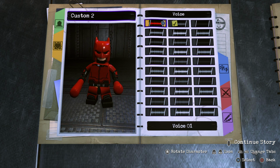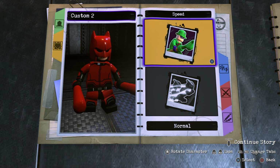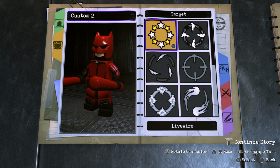I don't know, either that one or this one. That doesn't sound like Daredevil, but whatever. It's cool that there's so much variety there. Speed, just go ahead and select normal. There we go, nice. Target, go ahead and choose...